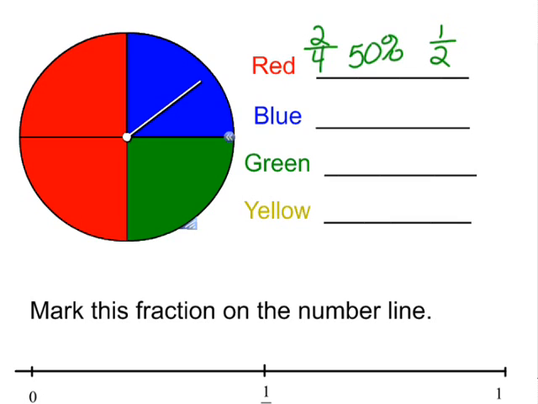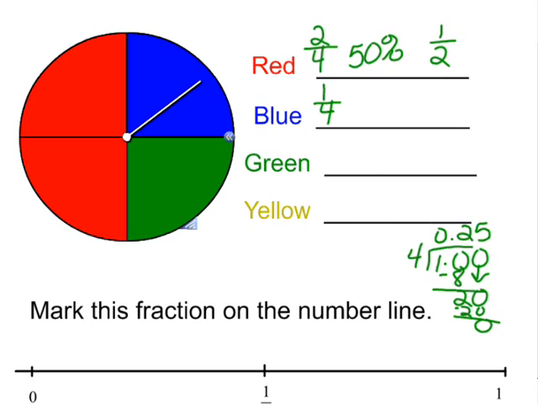What fraction is blue? 1 out of 4. 1 divided by 4. There's 0 4s in 1. Add a decimal point and a 0, a decimal point up in the quotient. How many 4s are in 10? 2. 4 times 2 is 8. Subtract that. We've got 2, add another 0. How many 4s are in 20? 5. 4 times 5 is exactly 20. We're at 0, so we're done. That is 0.25 or